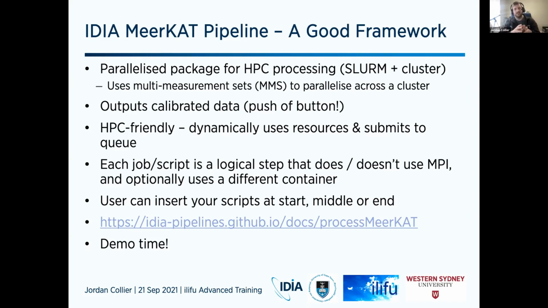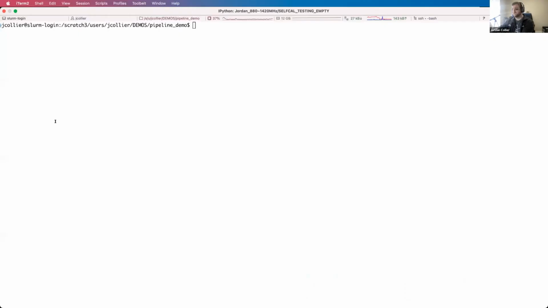It separates every script that you run into its own Slurm job, which either does or doesn't use MPI, as Robin talked about, message passing interface. And optionally, you can use a different container for each step. You can insert your own scripts anywhere into the pipeline, and it supports different MPI wrappers and different containers for those. So I just want to briefly demonstrate this with